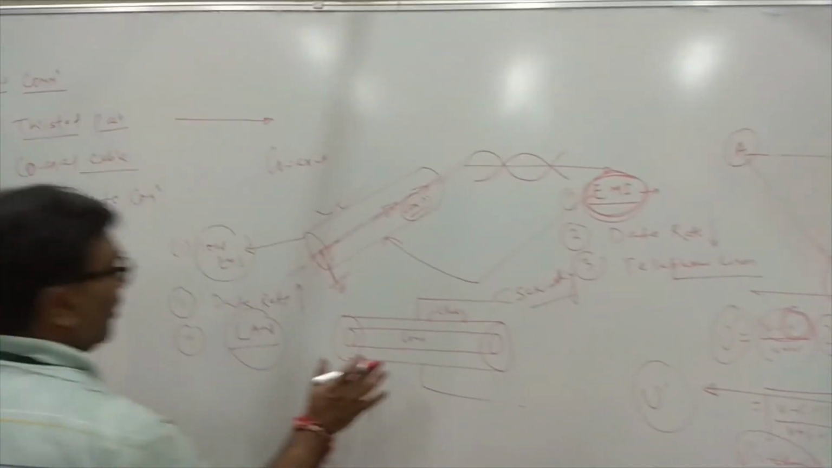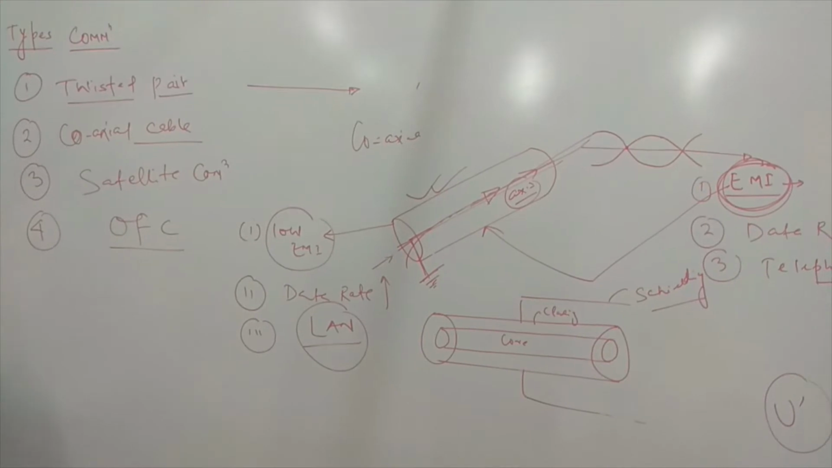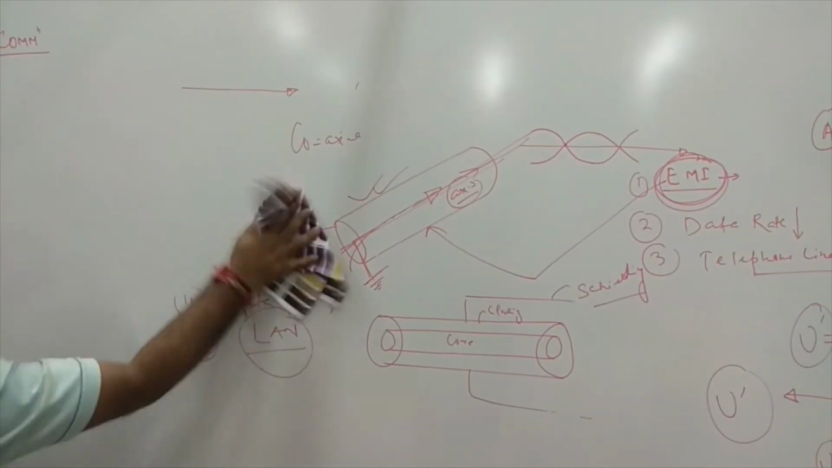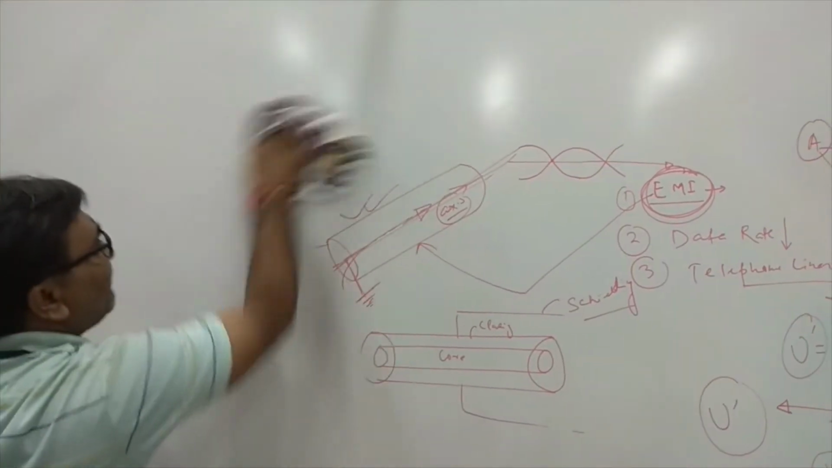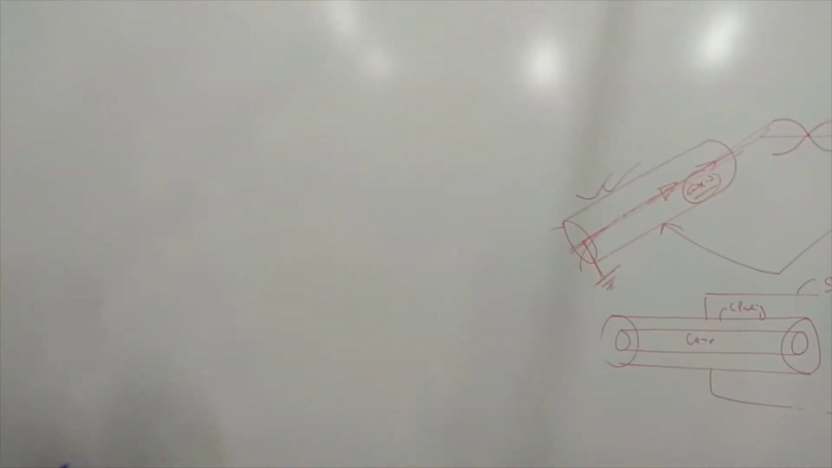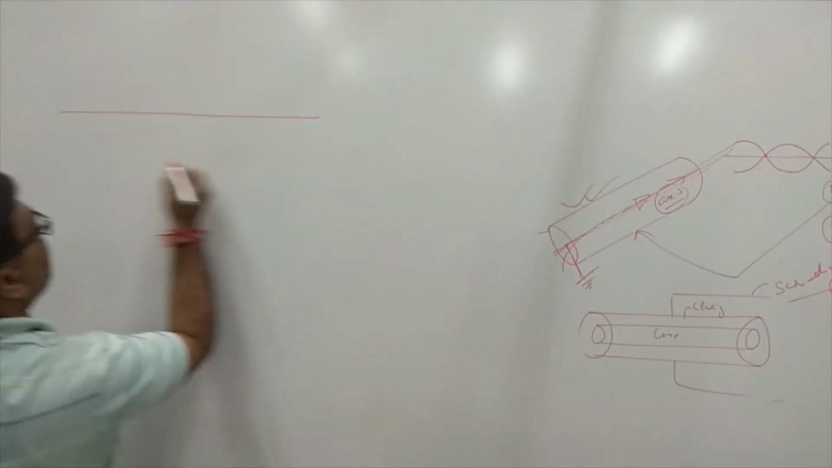Now the last one is optical fiber communications. Before we proceed to the optical fiber communication system, I will show the basic structure of the optical fiber communication, and then we will move on, because both are related to each other. So now I will first explain the construction. So in an optical fiber communication system,